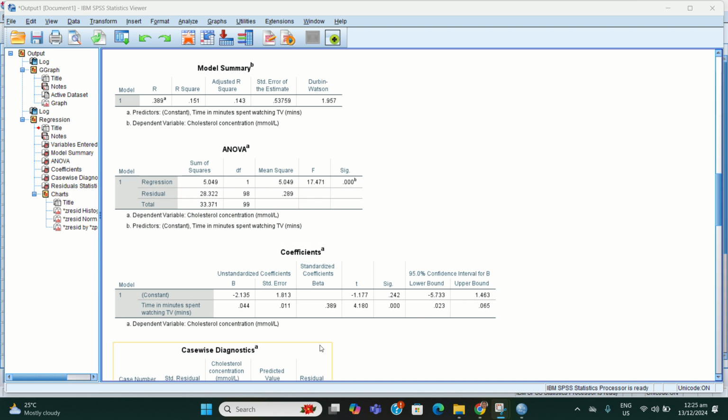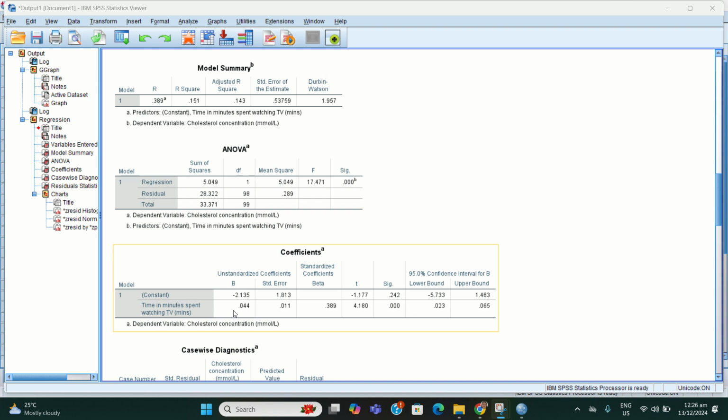Here in the coefficients table, we can see that the coefficient for time is 0.044.